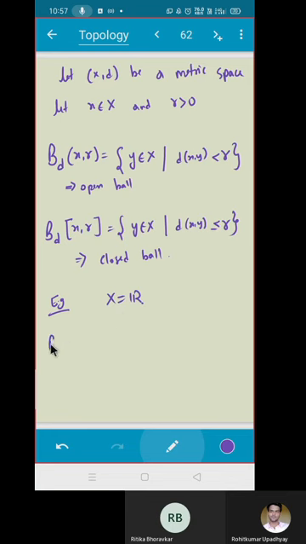Do you understand, Neha? What is this B(x, r)? This will be y belonging to R such that the distance in R is less than r. What do you know about distance in R? Mod, definitely. So this is mod of x minus y is less than r, which is the same as (x minus r, x plus r). Do you agree from this to this? You just have to consider the bounds on y. If you break this mod, you'll get x minus r and x plus r. Do you agree?